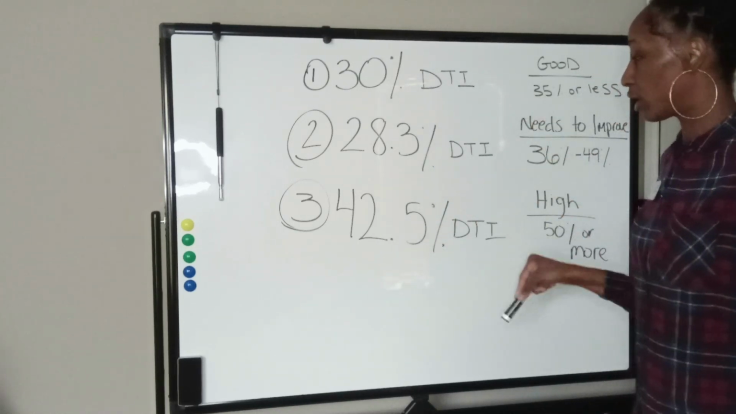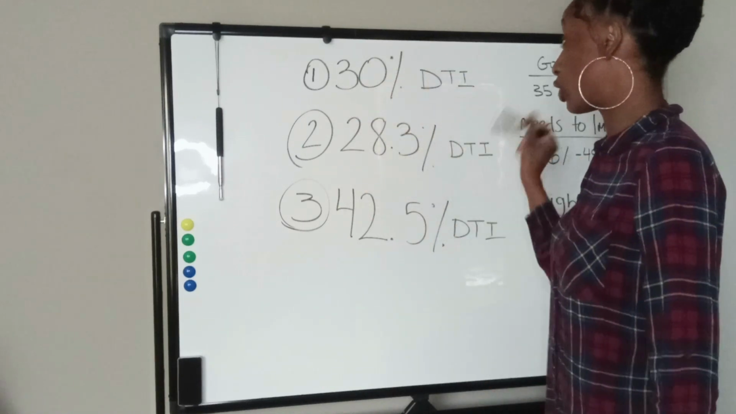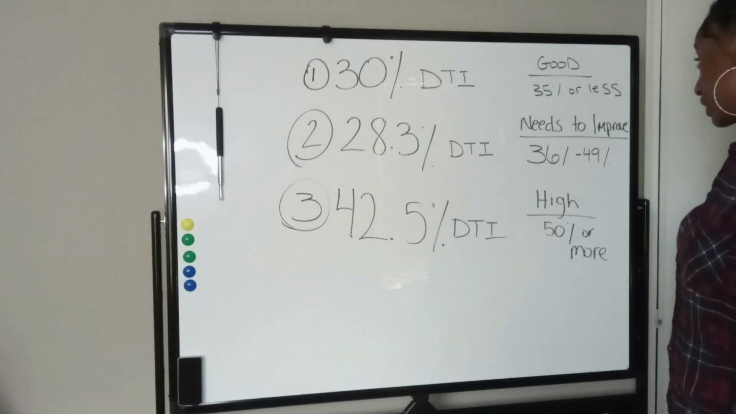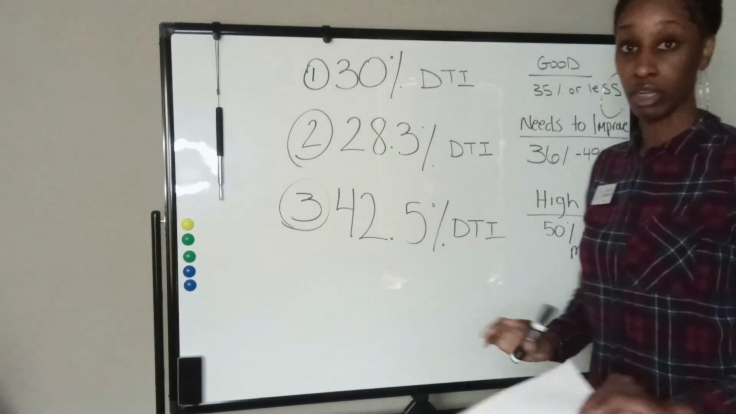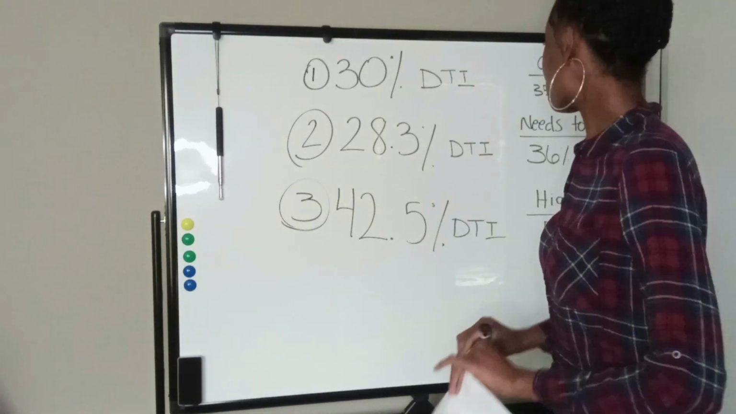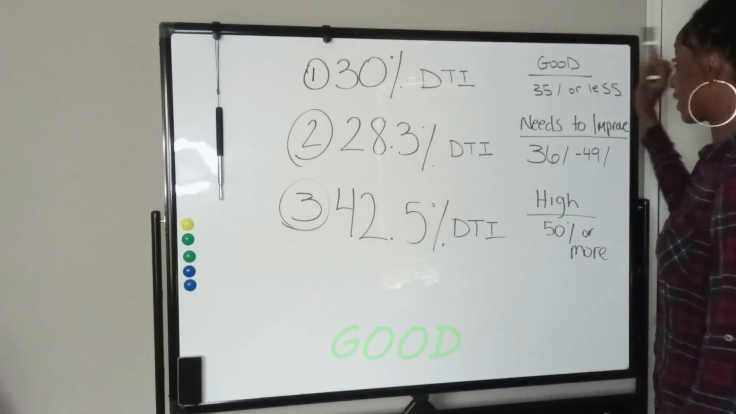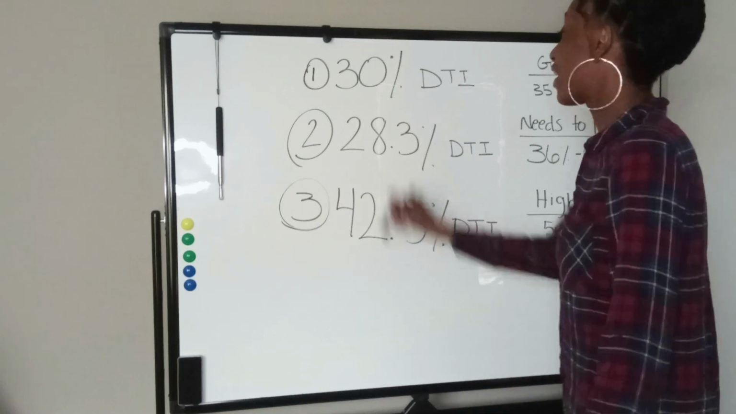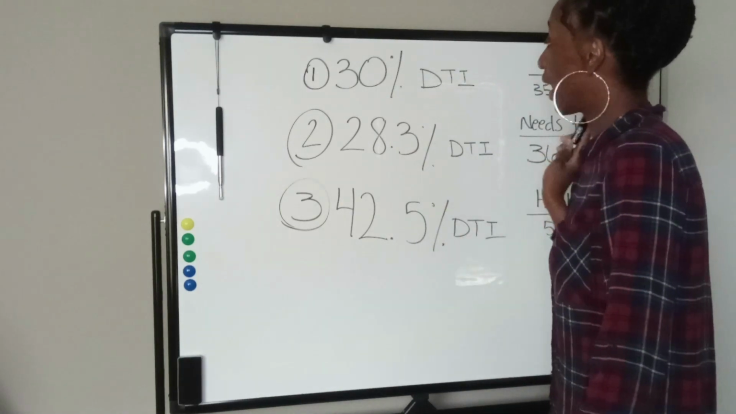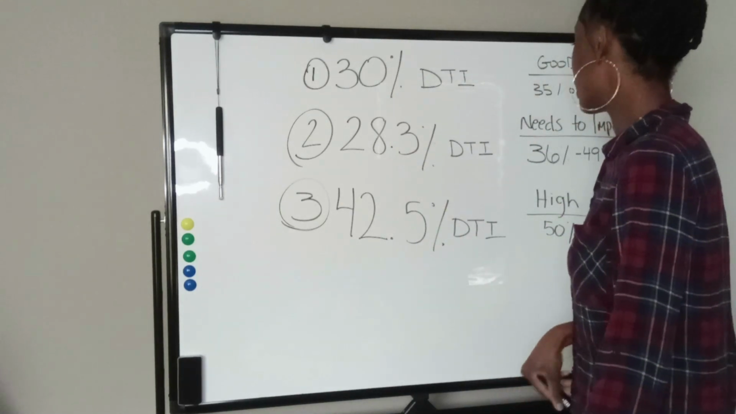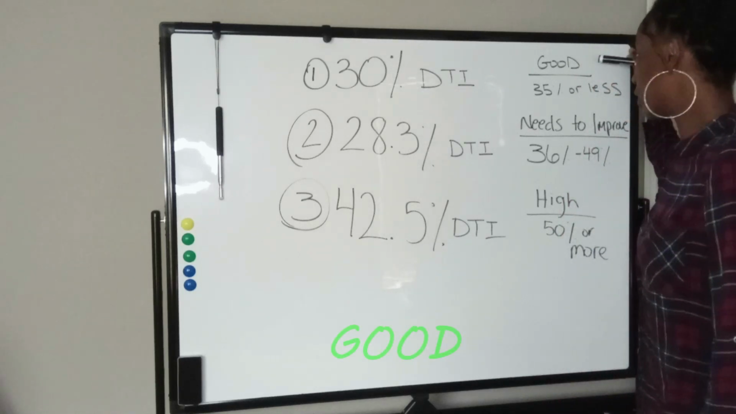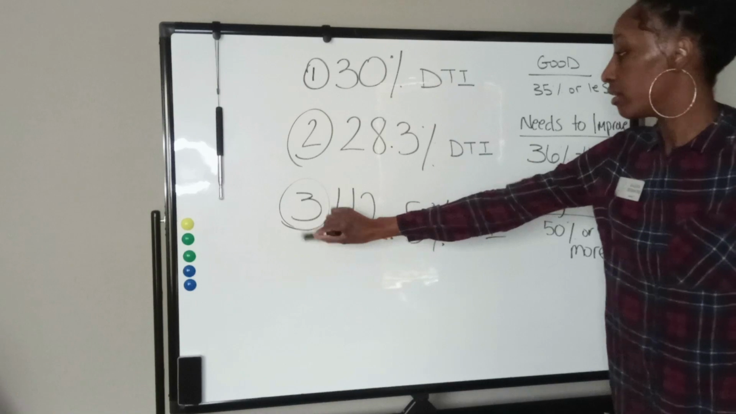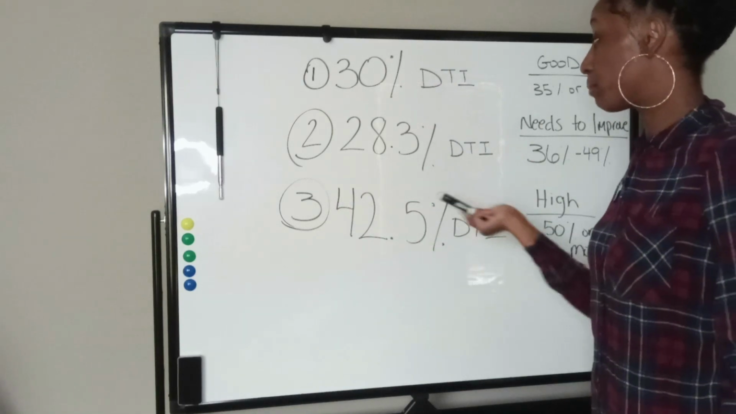So with our 3 scenarios, the first one we fell in at 30% DTI. So which category would that place us? Comment below, you guys, your answers. That will place us in the good category, which is very, very good. For scenario number 2, we fell at 28.3% DTI. We're still good, so we're still in the green, which is very good. But scenario number 3,